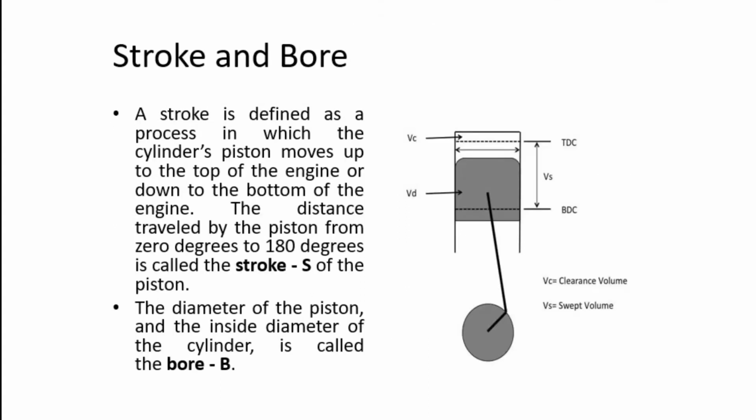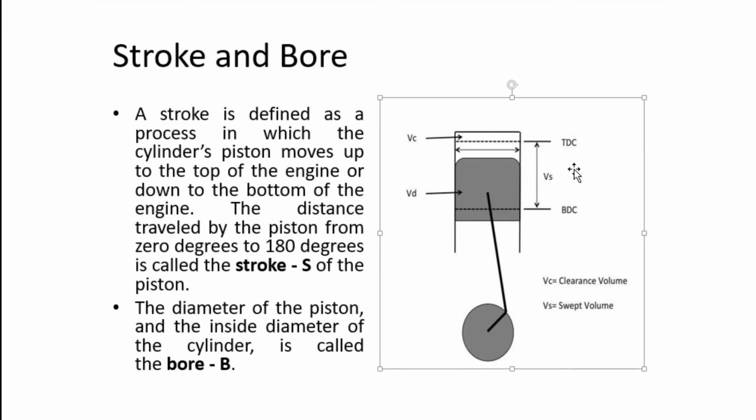So coming towards the figure, students, you can see here that the sweep volume is actually the volume between the top dead center and the bottom dead center. So this is our top dead center and this is our bottom dead center. So the volume between these 2 points is actually the sweep volume. As the piston moves from one dead center to another, it sweeps through some volume. This is called the swept volume, and it is also known as the displacement volume, and it tells us how much fuel or air is sucked in and swept out of the engine.